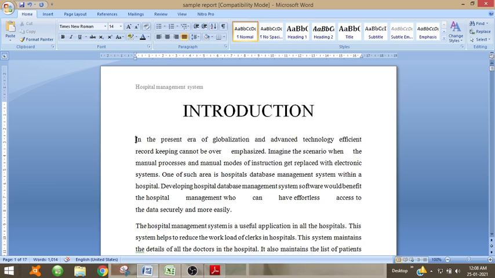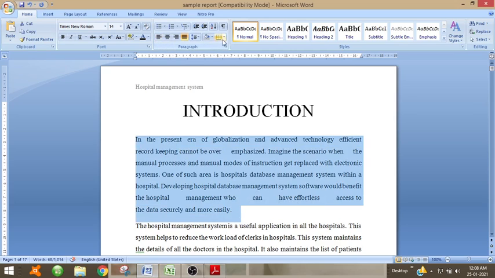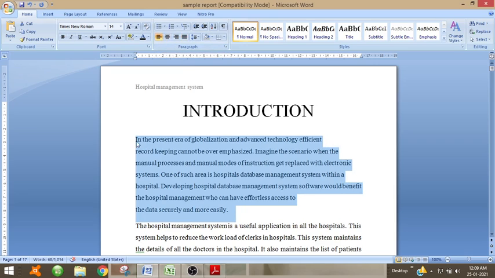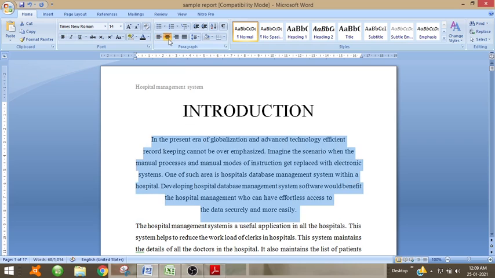If you want to align the paragraph, select the paragraph. Then you can see in the paragraph tab, there are 4 types of alignment. This is left alignment, that is the paragraph will be aligned to the left side. And this is center alignment, the paragraph will be aligned center.